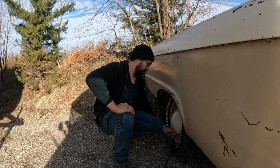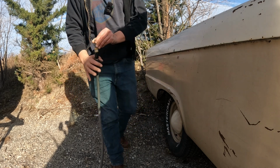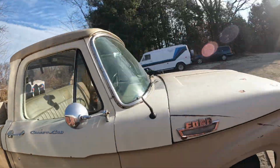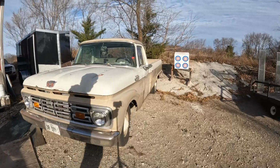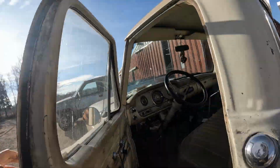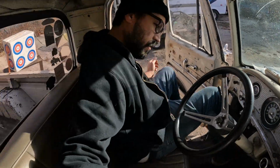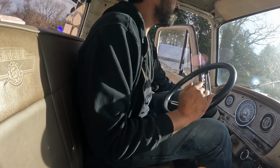So let's see if we can get this thing aired up. Did I leave enough room to sneak around this? That's the real question. Probably not. This one's kind of low too. Been chasing an air leak on those forever. I don't think it's the cold, but